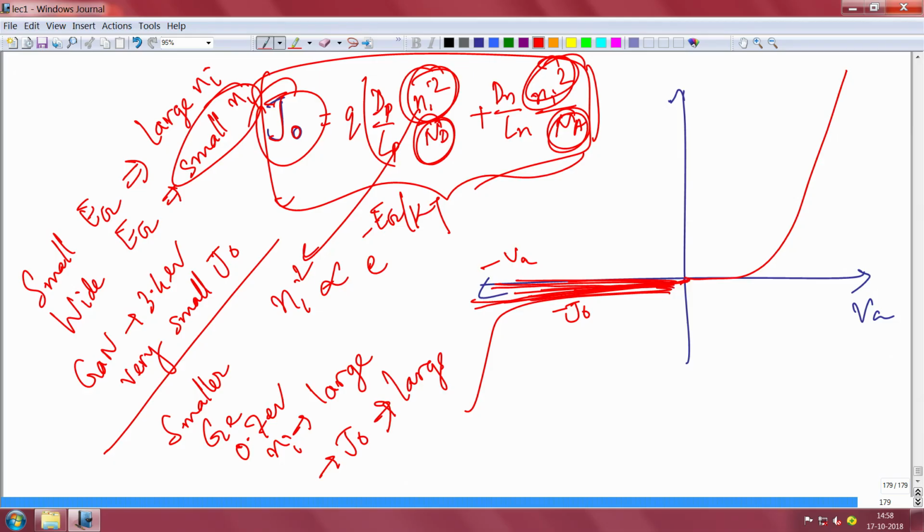For example, this reverse leakage current, with which you are essentially blocking the voltage, is very important in power devices, power electronics. As a photodetector, this is called the dark current. Without shining light, this is the current you are getting. So, this leads to noise. If you can lower this, your noise will become less and your performance will improve. So, you may want to use a wider band gap material for many applications like that.